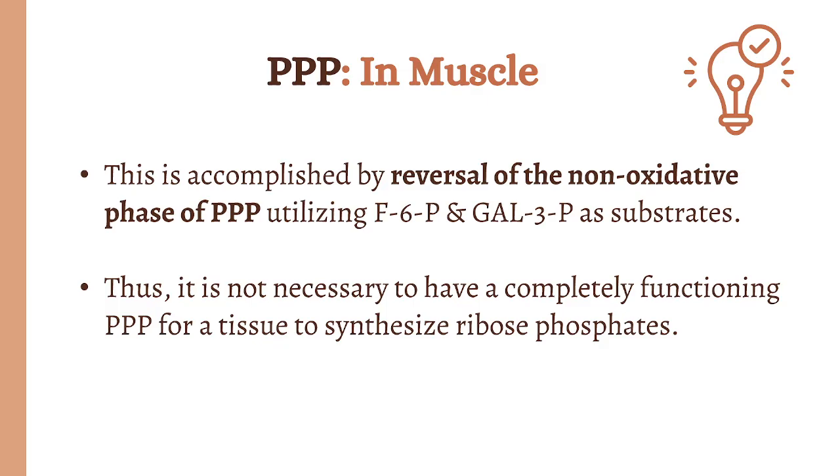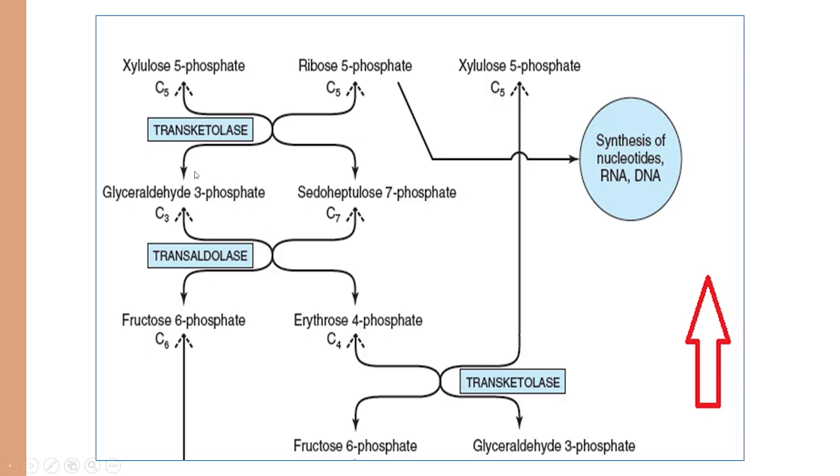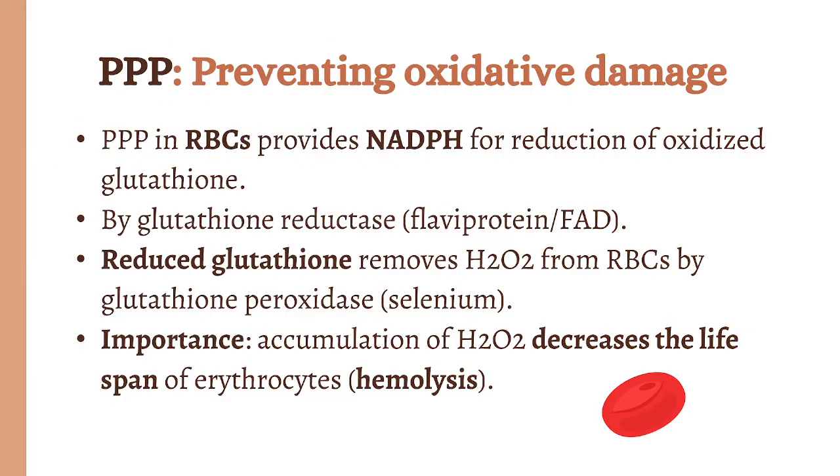And the answer is that muscles reverse the second phase, the non-oxidative phase of the pentose phosphate pathway, and then it will not need to go through the first phase for which it doesn't have the enzymes, which is brilliant. So in muscles, it starts from here, it goes back in the other direction. The reactions are reversible, ending up in the formation of xylulose phosphate, a pentose that is needed for nucleotide